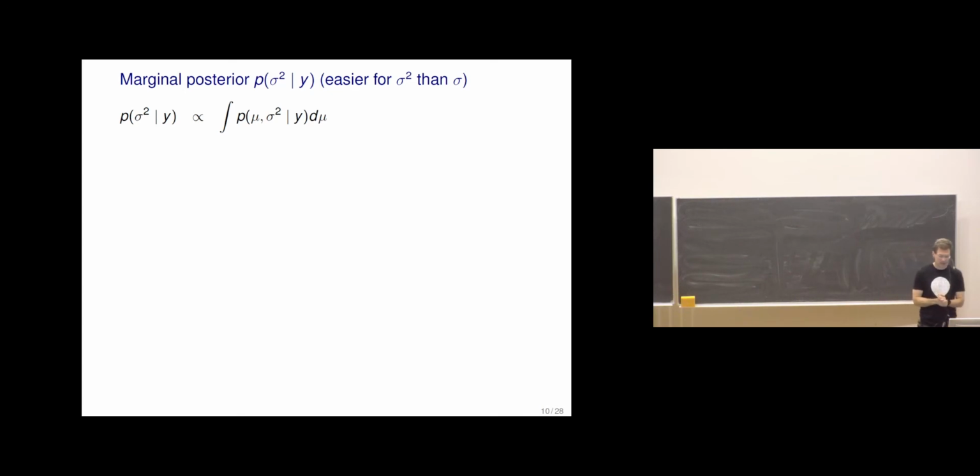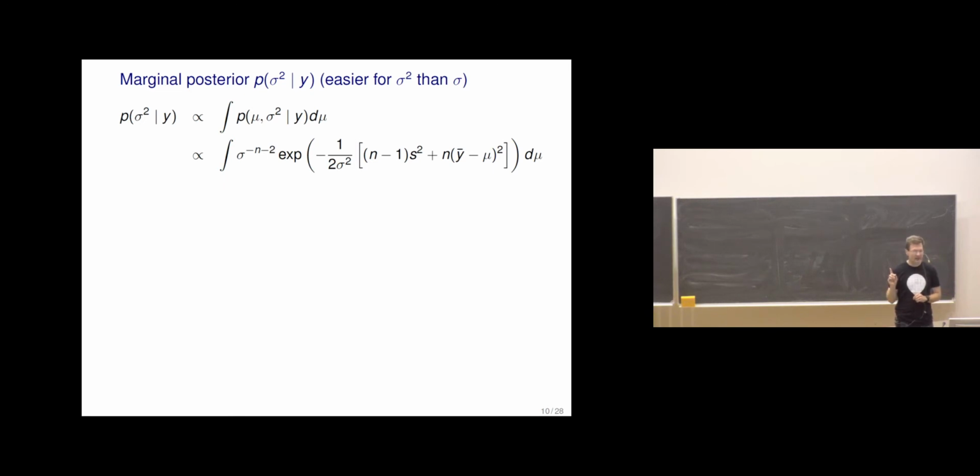Again, a bit of equations. So we have an analytic solution for this sigma squared, and it was beneficial that we first derived that form of the distribution where we can use the sufficient statistics. So this is directly now inside the integral. This is the part we derived before, rearranging the terms. Now for integrating over mu, we can first move all the parts which don't depend on mu outside of this integral.